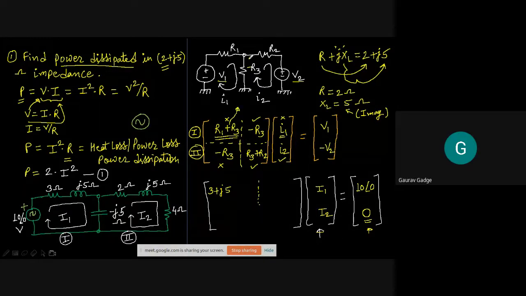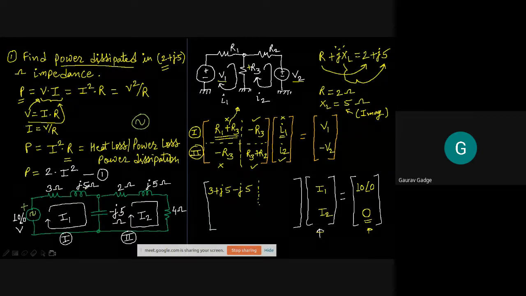वेरी गुड। लेकिन रेजिस्टेंस हम जानते हैं कि हमेशा पॉजिटिव होता है, therefore we wrote R1 plus R3. But over here R3, what should I write? यहाँ पर क्या लिखना चाहिए? 3 plus J5, that is correct. Minus J5. Perfect. 3 plus J5 minus J5. Don't worry, हम पहला न्यूमेरिकल ले रहे हैं, so you may make a mistake. So it is 3 plus J5 minus J5.